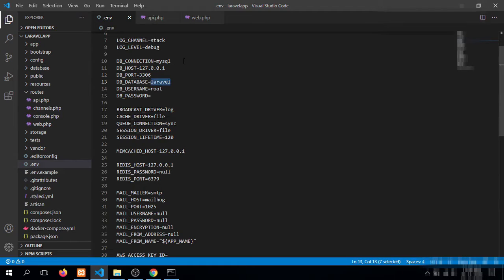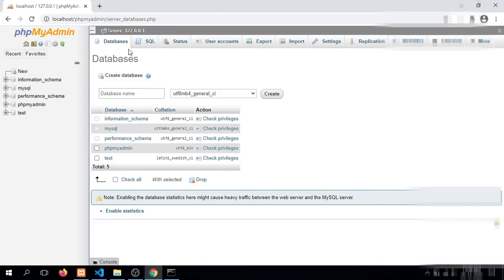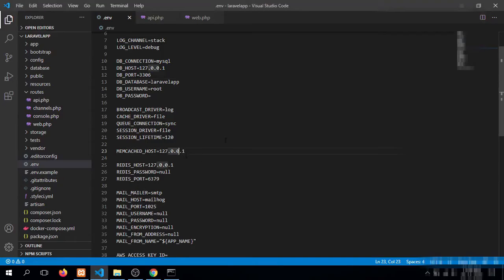By default, MySQL executes on port 3306. Our database would be blank.